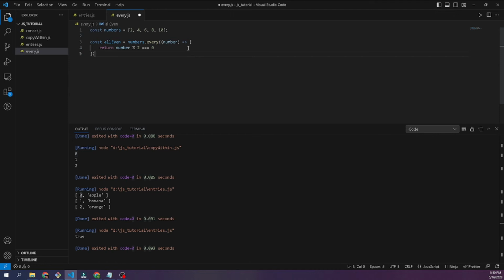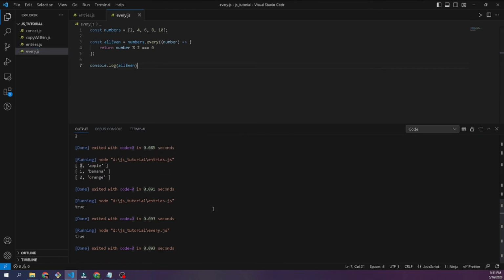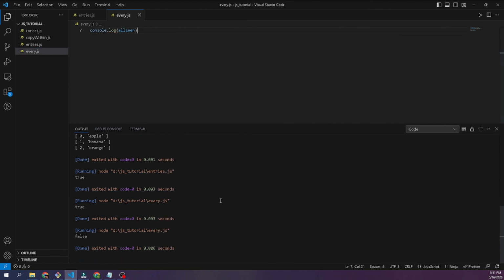So let's console.log allEven. Let's test this and run the code. As you can see, the return value of allEven is true. What if one of the elements of our numbers array is odd, like 11, for example, and then let's run it again. As you can see here, the value in our console.log is now false,